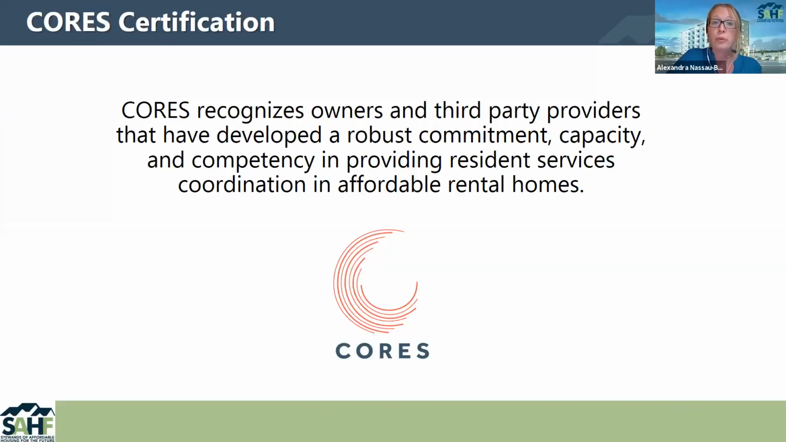For those of you who are joining us for a webinar for the first time, just a few things about CORES. CORES, which stands for Certified Organization for Resident Engagement and Services, launched in 2018 as a certification that recognizes both owners and third-party providers that have developed a robust commitment, capacity, and competency in providing resident services coordination in